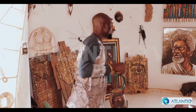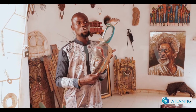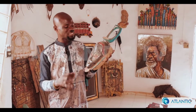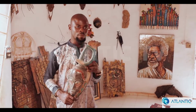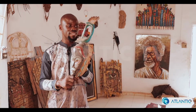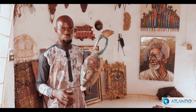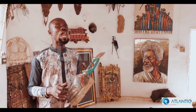And this is a mask. When we look at the mask like this, the first thing that comes to our mind most times is probably a masquerade. But there's much more attached to a mask like this than masquerade, because in the olden days, anytime somebody deserved accolade in the land, the king could present this to somebody in the form of an award. And at that time, the symbol on the mask would determine